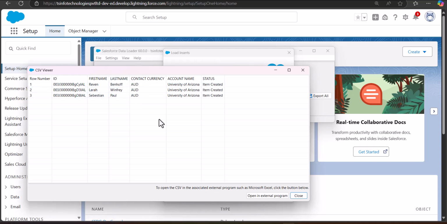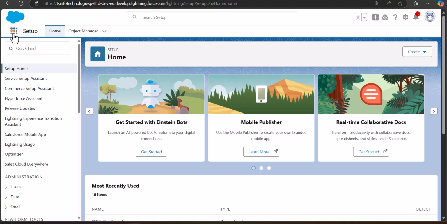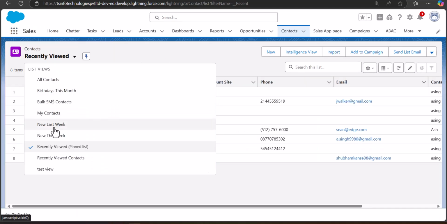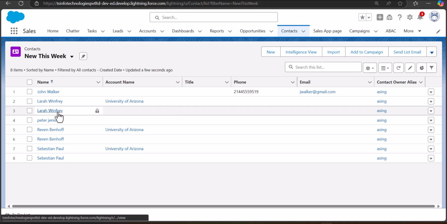So as of now, the contact is created. Now I will close the data operation and take you to the contacts tab. There we will see the newly added contacts. So here in the contacts tab, I will set the view to new this week. So here you can see that contacts were created twice because the changes I have made in the CSV file were not saved. So as you can see, the contact names without the account names